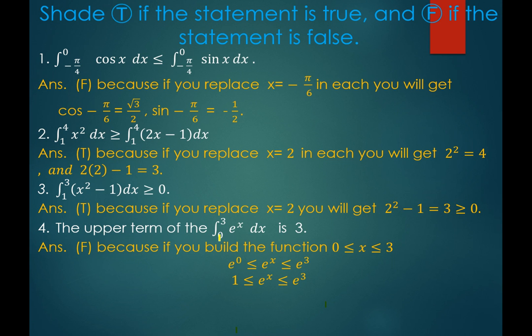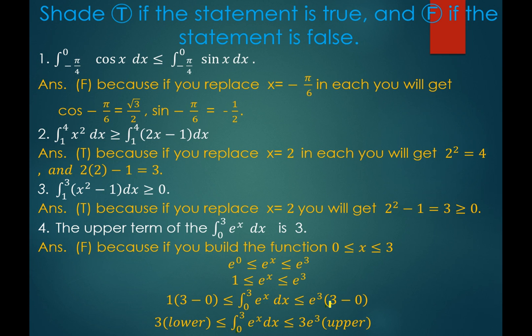Now you need to integrate each. To integrate any constant, you're going to keep it as it is and multiply by b minus a, like theorem number 3. And this keep it as it is because this is what we are looking to complete. And this is smaller than or equals to e to the power of 3. It's a constant number, leave it, multiplied by b minus a, which is 3 minus 0. You will get finally from this one 3 minus 0 is 3 multiplied by 1 is 3,